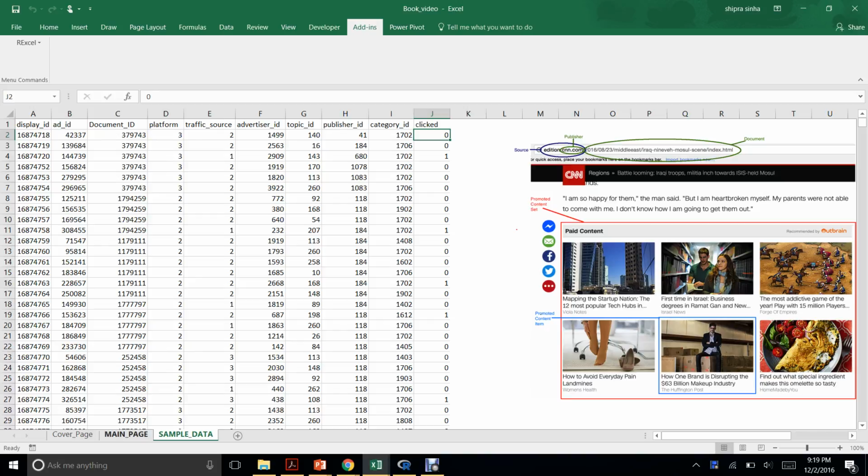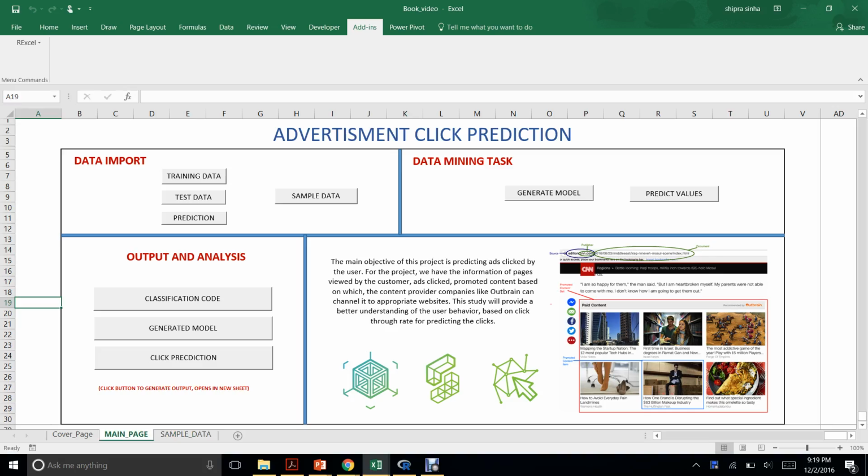So our data mining algorithm performs two tasks. First, it is used to predict which ad to be viewed on which website, and the second task is to predict if the predicted ad will be clicked or not. We are using neural network for task 1 and logistic regression for task 2. We can see the code here by clicking on this button.